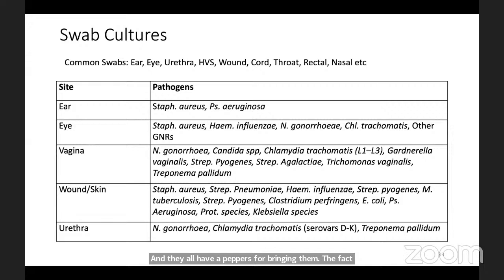So what you have to do as a lab scientist or as a microbiologist is you have to know every site this sample is coming from. First, find out whether it is a sterile site or a non-sterile site. So if it's a sterile site, it means that